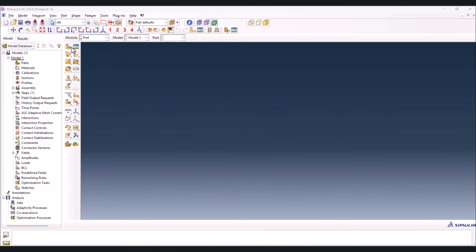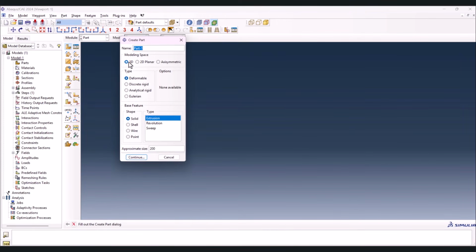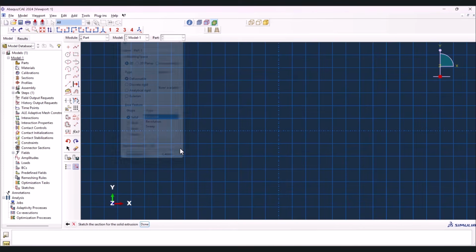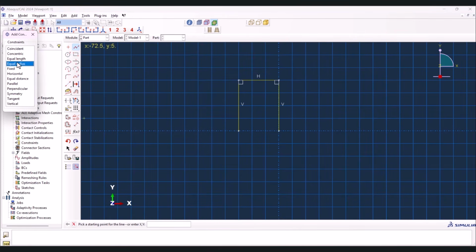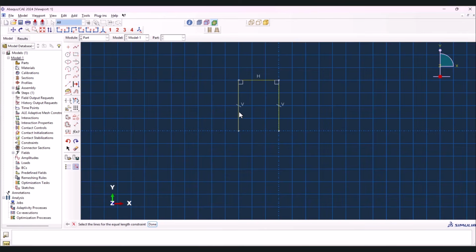Let's start with creating part. Create part, 3D deformable solid extrusion, continue. Now we need to create a bunch of lines like this. And from here I want to add a constraint and equal length. These two, select these two, and done. Now I don't need to assign the dimensions for each of them. Now this one should be 10, and if I put this value on 30, you see the other one changes